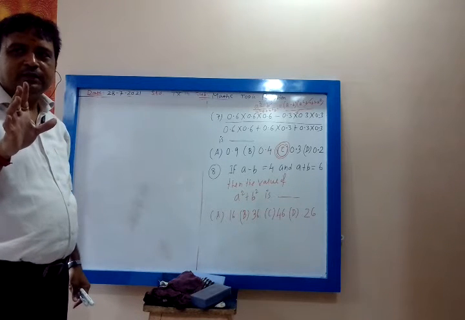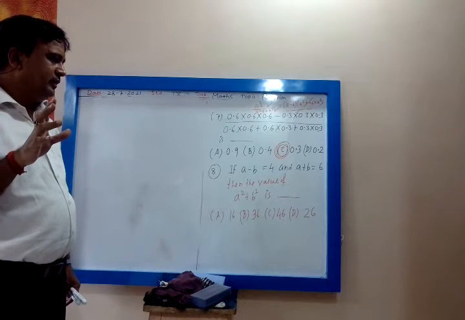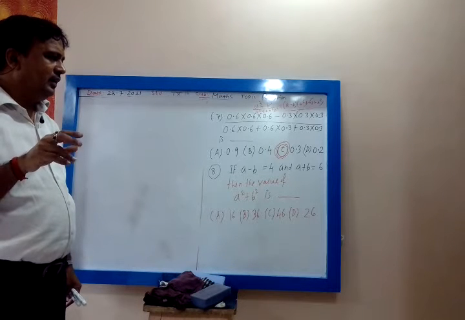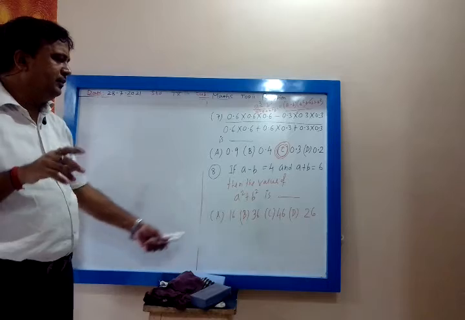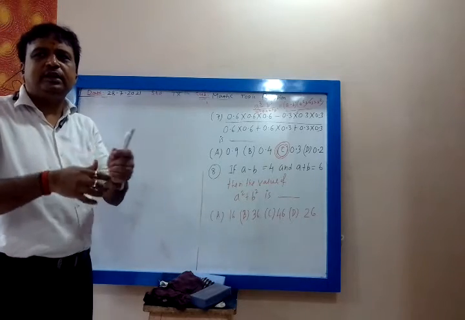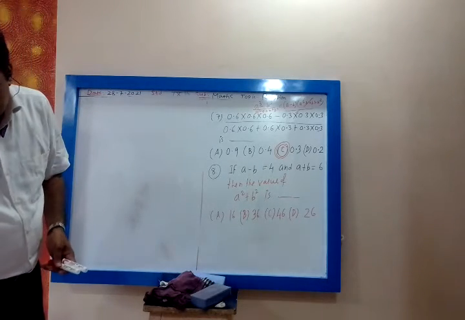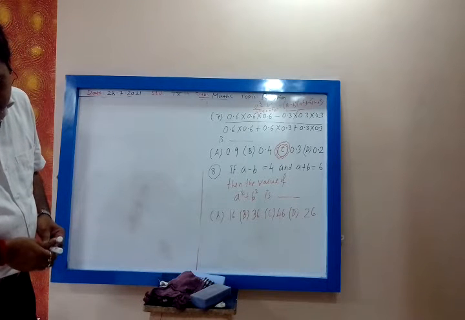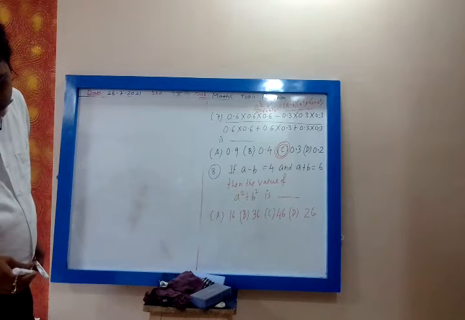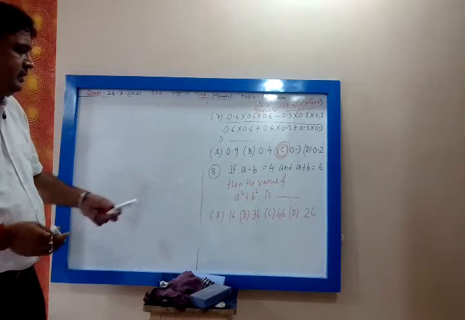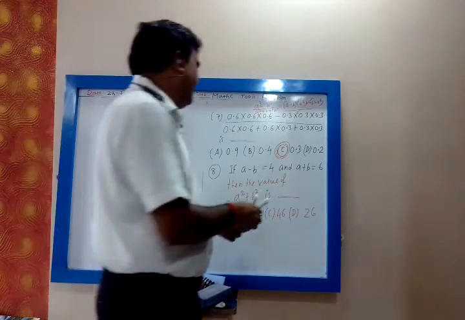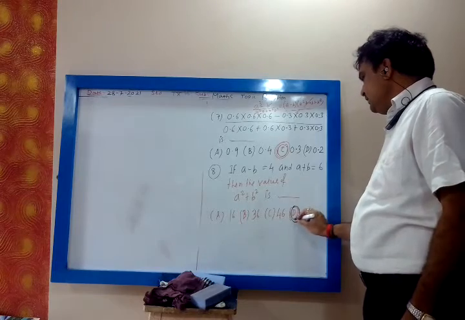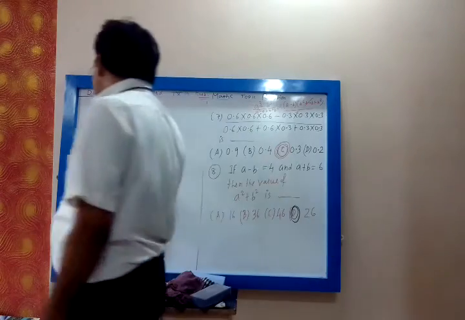Then you have found AB. Okay. Yes. After finding AB, how you have found A square plus B square? You have considered A plus B whole square. Very good, very good. Chalo. That means it is clear. Then get the answer. What is that answer? 26. Okay. So let us log this answer 26. So 26 is the correct answer.